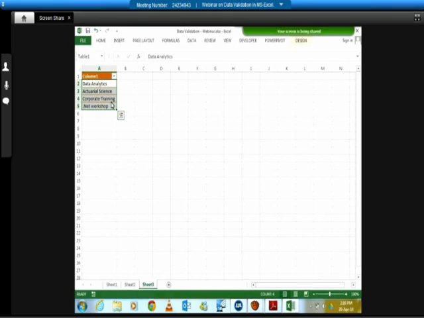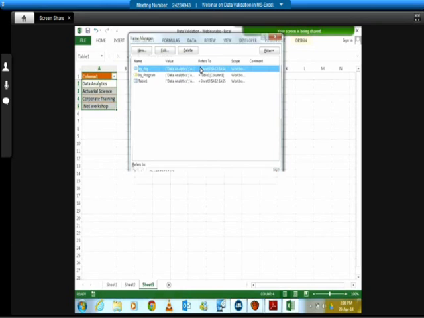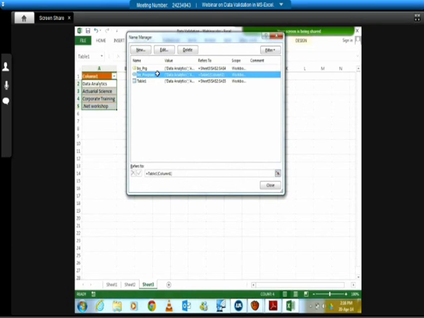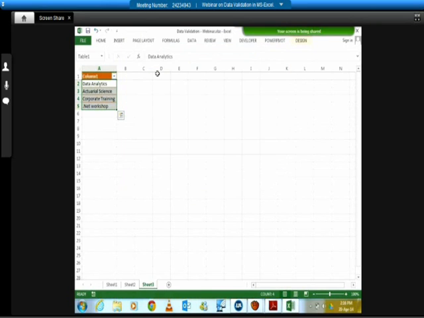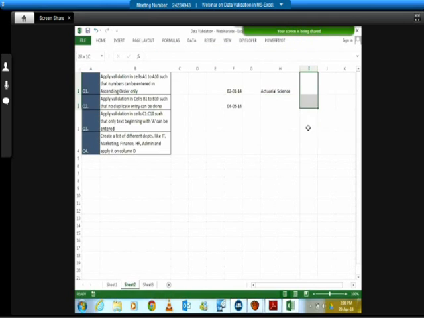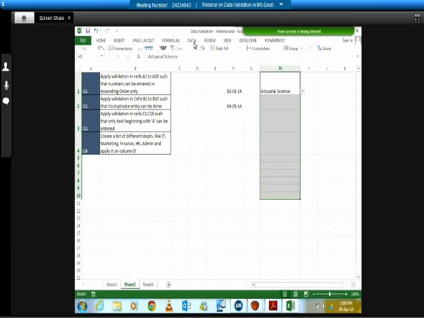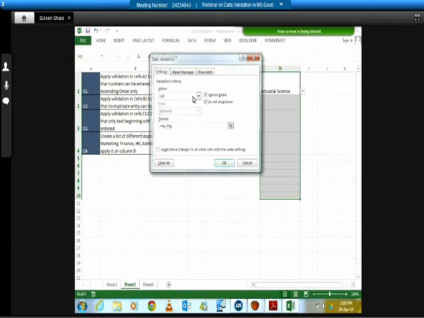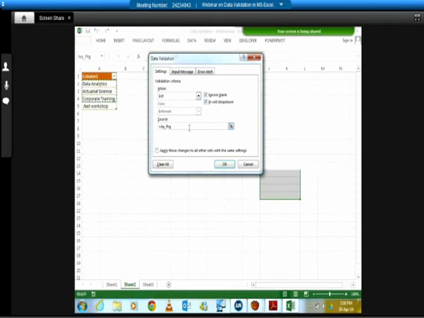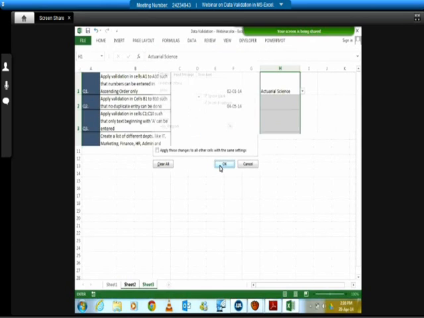Okay, so we are going to go to sheet 2. Let's pick H1 to H10 again. We're going to go to Data, Validation. In the list, instead of PRG, I'm going to change my list to IV underscore program. Click OK. Let's see if .NET is there. Yes, it's coming. Now let's go back to sheet 3 and add one more. Let's say I want to add Java also. Does this show up in my list automatically now? Yes, it does. So this is a way you can create a dynamic list.